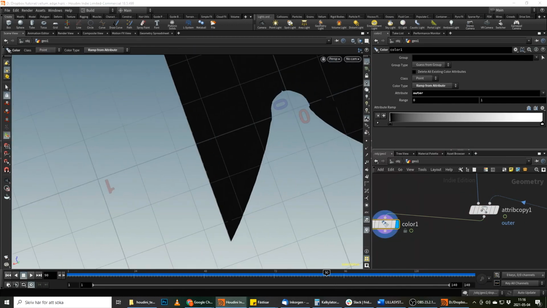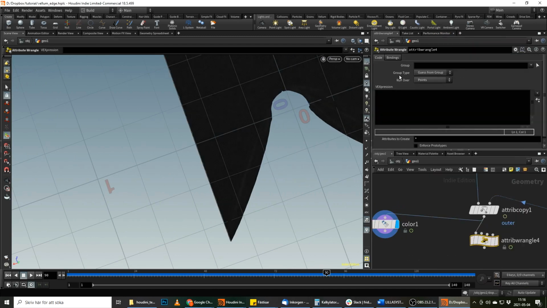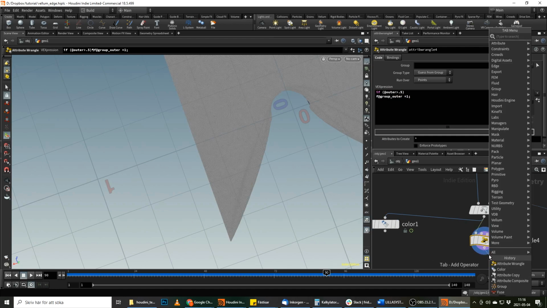So that's good. We could then just form a group from this. We can put down another wrangle, and we can do if @outer is over 0.5, then we just do a group outer equals to 1. So we create a group from those,